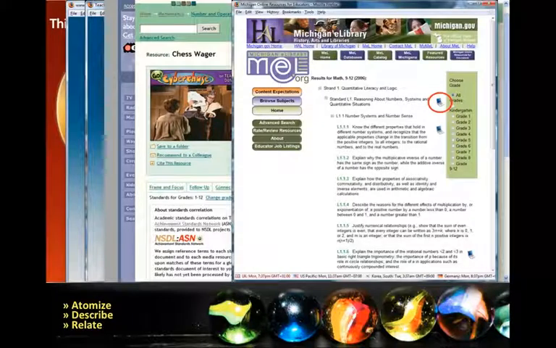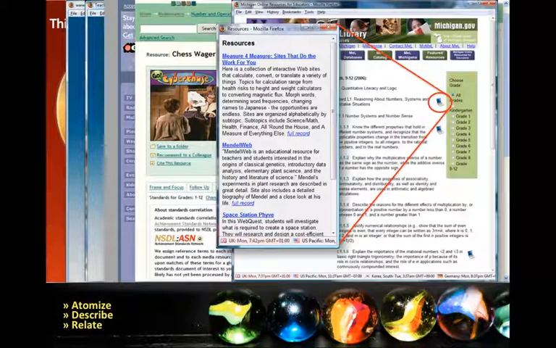But here we see it going in the other way. Instead of having a resource and finding out what it has been mapped to, we have the Michigan standards actually presented to the teacher here primarily, who, when they find the achievement standard statement of interest, if there is the little icon that I have there circled in red, if they click on that, they will be presented with resources that meet that Michigan achievement standard. So that's an information retrieval kind of context.